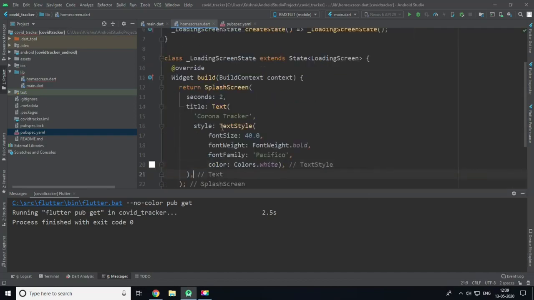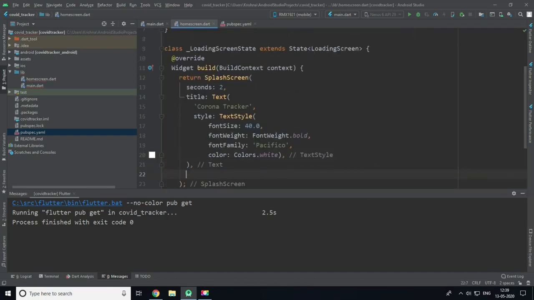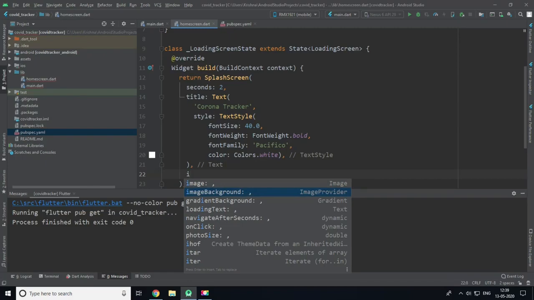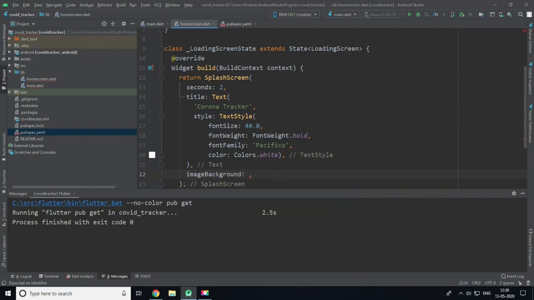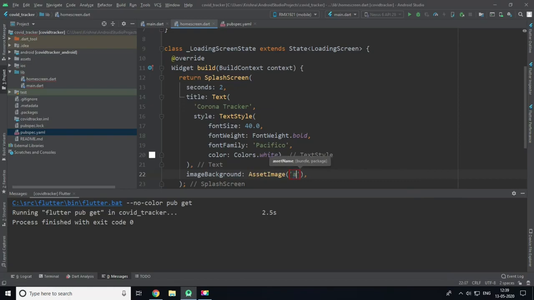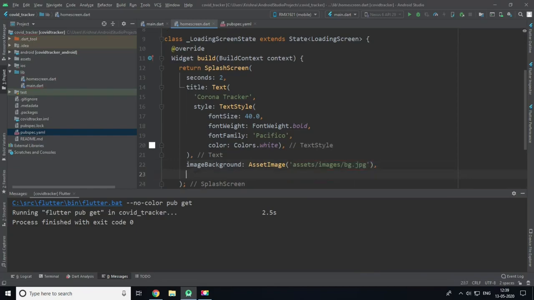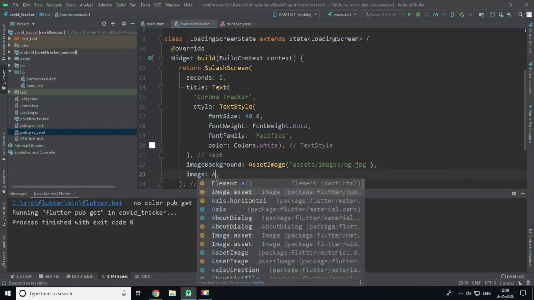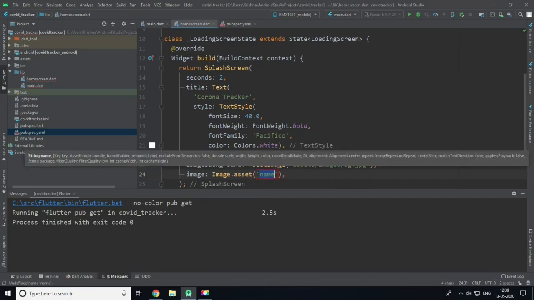Now one more thing we need to do is to create a background image for our splash screen. To do that we use imageBackground and we use an AssetImage and set our asset image as assets/images/bg.jpg. After this we require a coronavirus image, so I will again use AssetImage and this will be assets/images/corona.png.